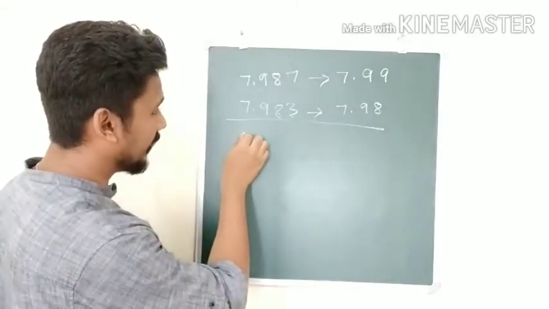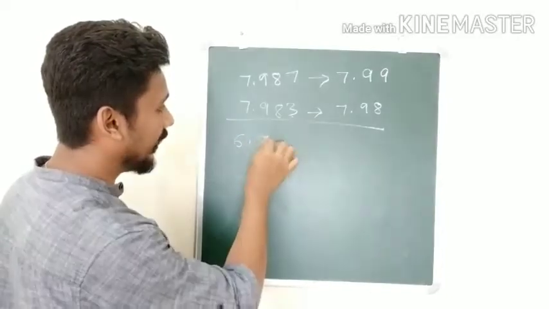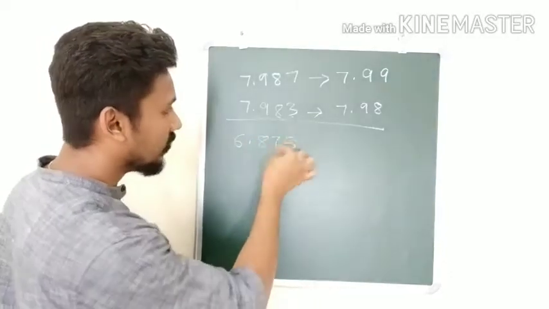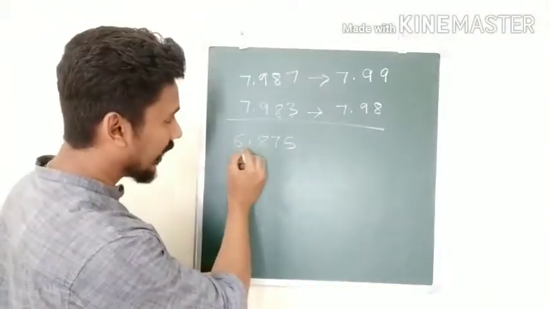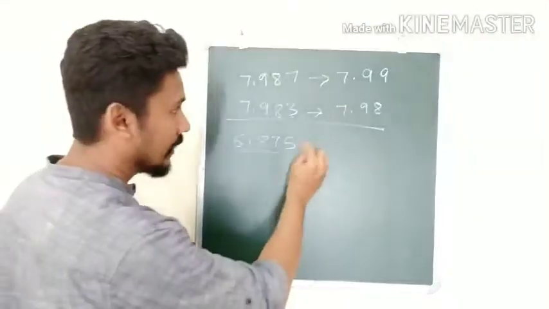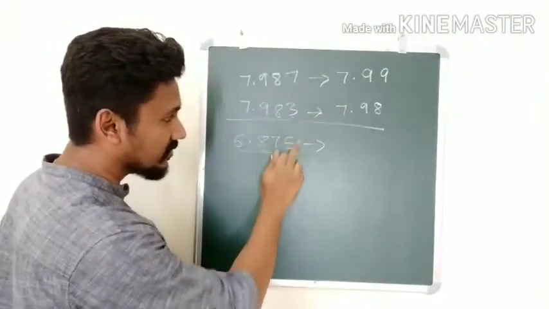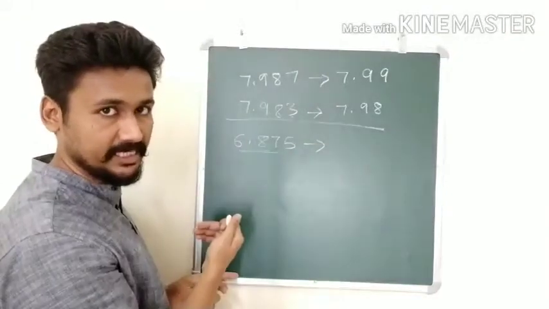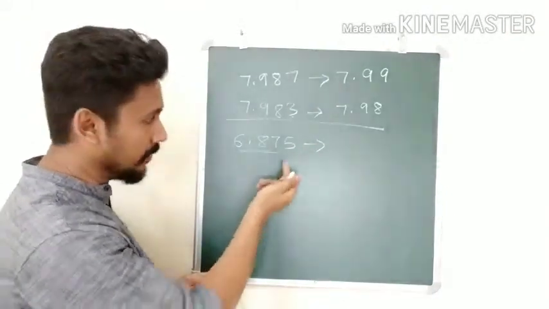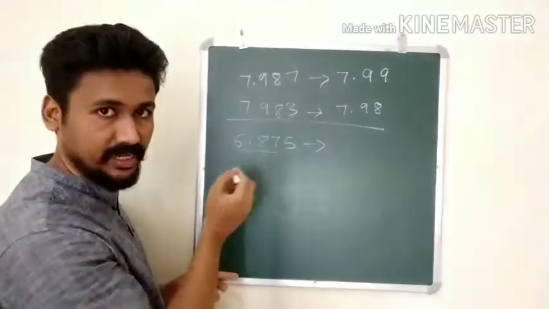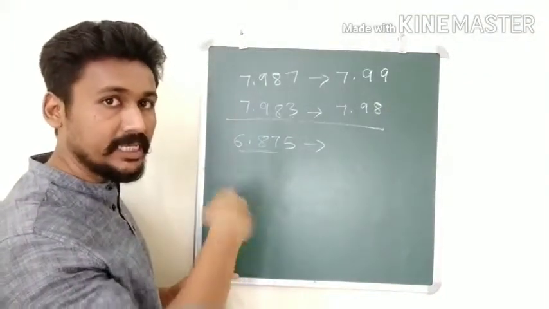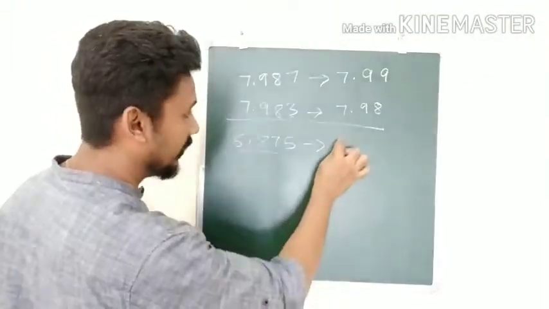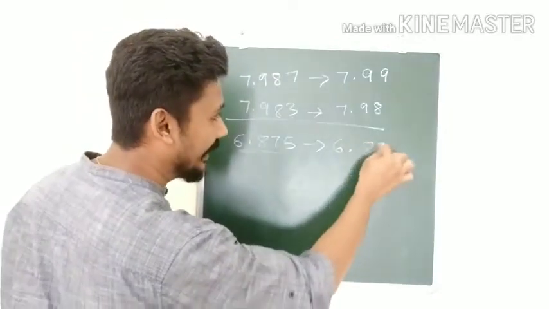For example, the reading is 6.875. Okay. Now again we want to round off only to 3 digits. Now because the 4th digit is 5, we will look at the preceding digit. Okay, the digit that is coming before 5. That digit is 7. It is odd. If it is odd, increase by 1. So what will happen? We will get 6.88.